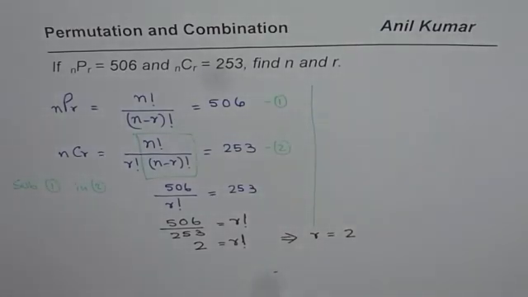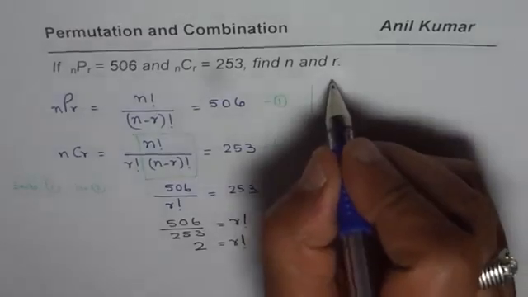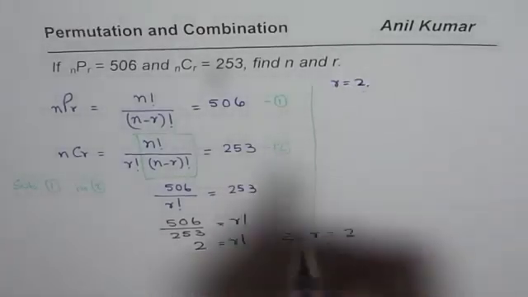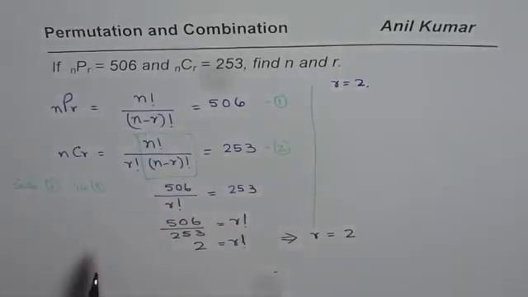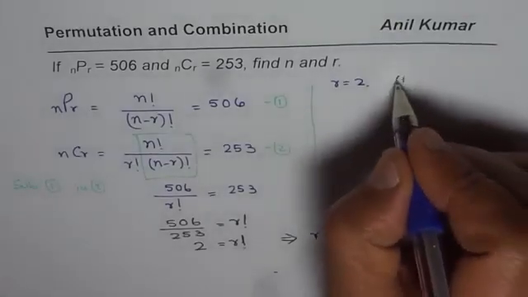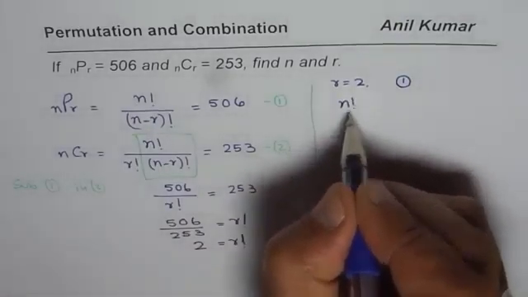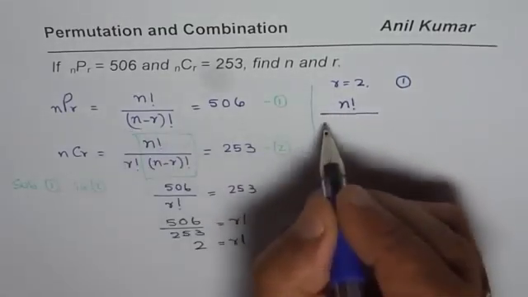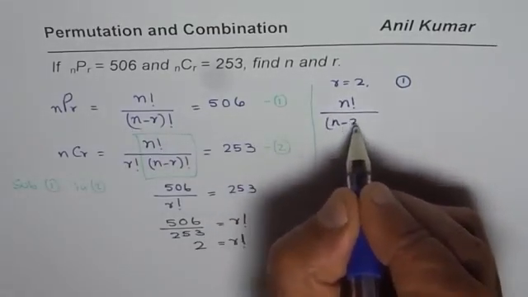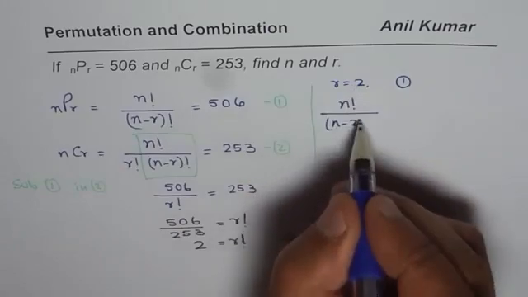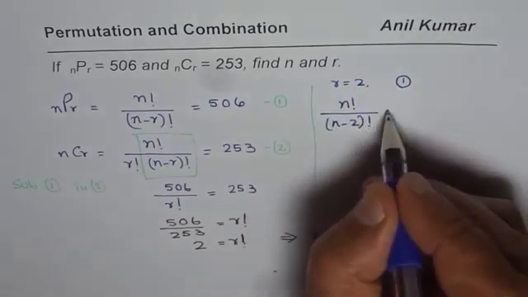So let's continue. So now we know that r is equal to 2. And we need to find what n is. So we'll get back to equation 1, which is n factorial divided by (n minus 2) factorial. So we're replacing r with 2 now, okay? 2 factorial equals